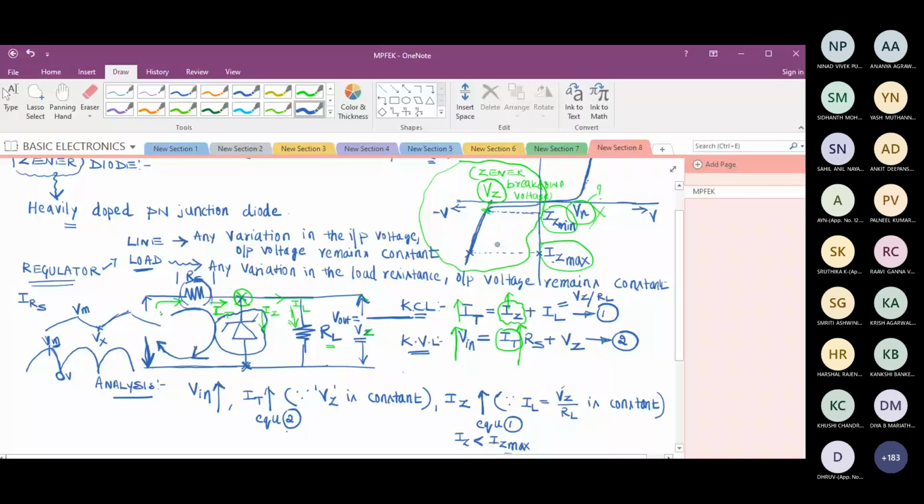So for that reason, first pass it through a capacitor filter where we get a waveform something like this. When the voltage across the capacitor drops to Vx, I can keep this Iz above Iz minimum. It is possible to design the circuit. Getting it? Yes, sir. So that is the idea.